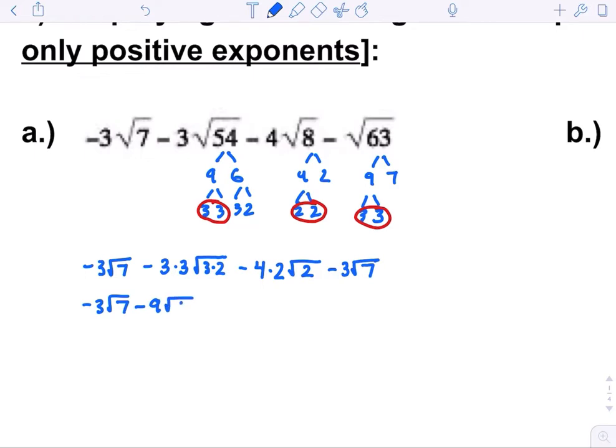Okay, we simplify. Negative 3 times 3 is negative 9. Square root 3 times 2, 6. Minus 4 times 2, which is 8. Radical 2 minus 3 radical 7. Now,